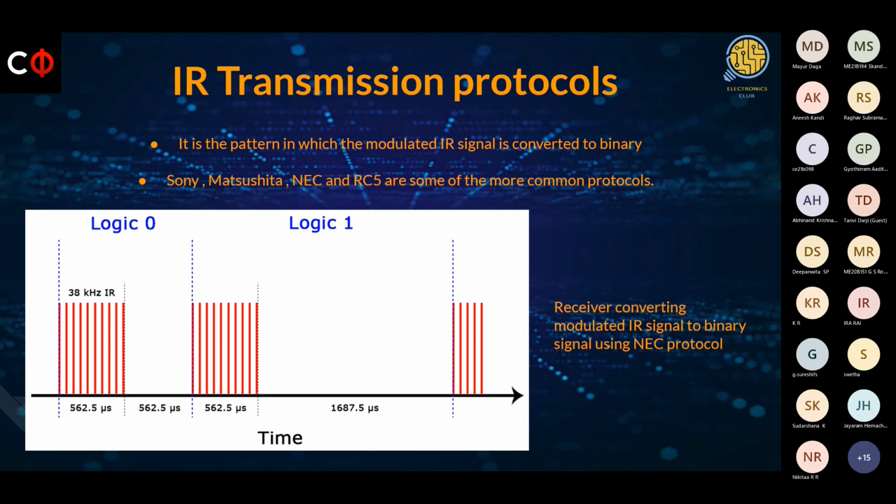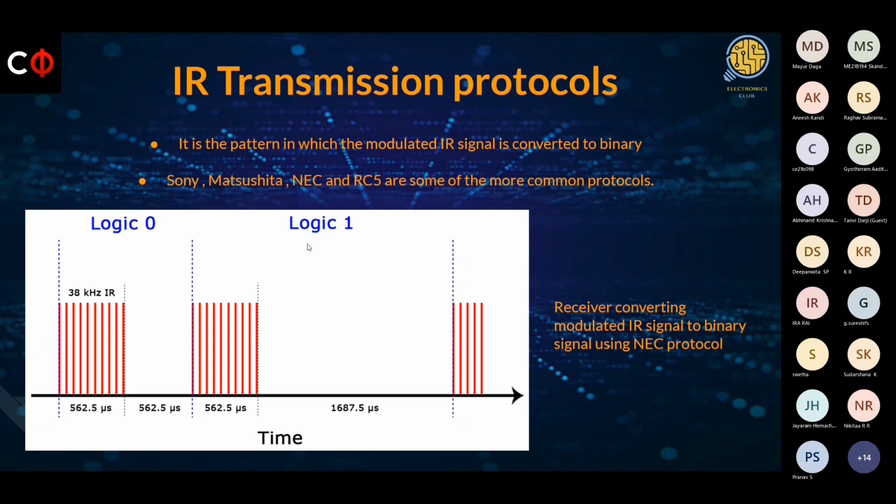Scientific studies show that this signal is generally less available in nature. Because of this, we mostly use a 38 kilohertz signal for modulation, and by this